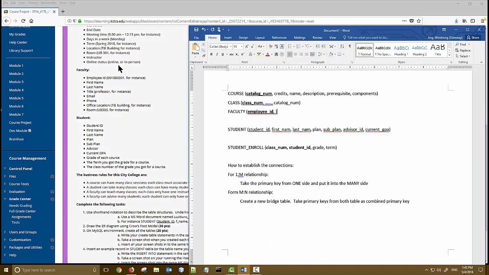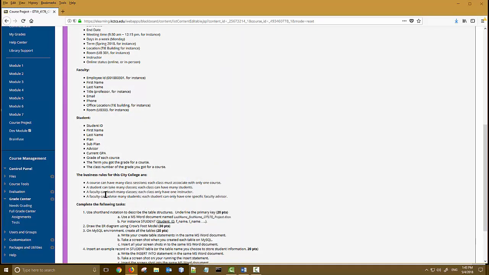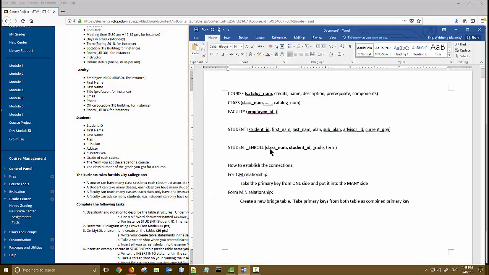And the class information, let's take a look. Any other information: a faculty can teach many classes, and each class can only have one instructor, which means it's a one-to-many relationship between faculty and class. So back to here, you have to guarantee the class and the faculty have a one-to-many relationship, and faculty is the one side, which means I need to take the primary key from the one side, put it on the many side. In other words, on the class table, I still need an